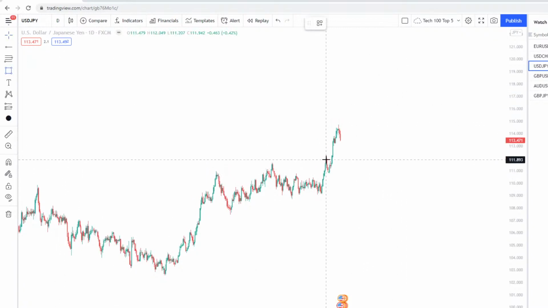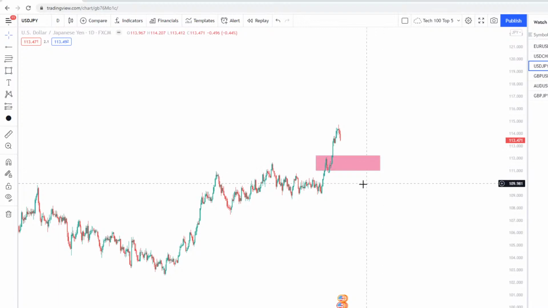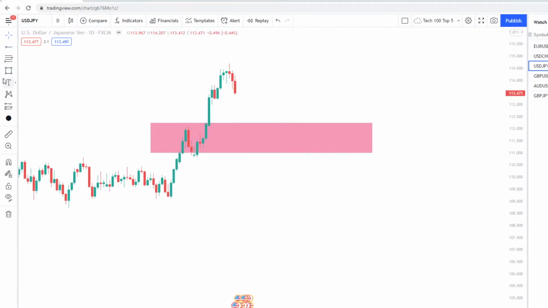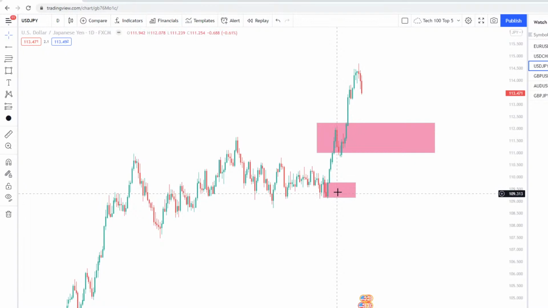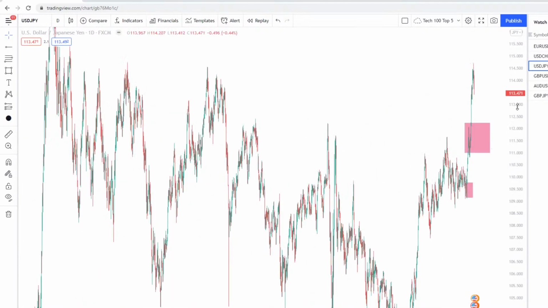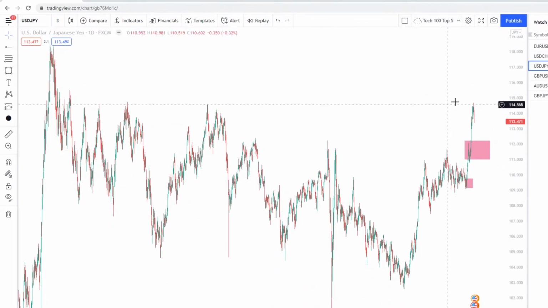I'll be waiting for an accumulation either over here for one, because that's a significant pullback, or we'll actually be looking for an accumulation to take place in this area here, because this would maintain our structural leg. So that is all I have on USD JPY for potential long positions,